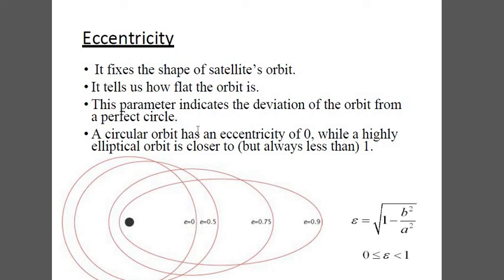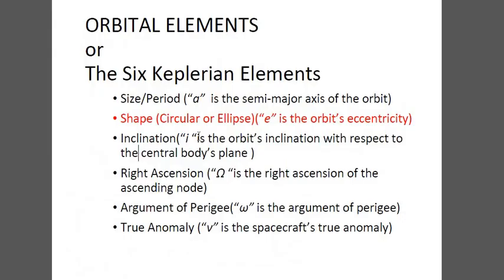First one was the size, meaning how large the orbit was, and depending upon that we had 4 sizes. Second, you had eccentricity. Depending upon the value of the eccentricity, we can say which shape of the orbit we are having. Third comes your third Keplerian element, which is inclination, denoted by the letter I.